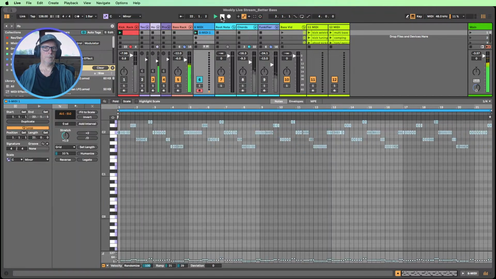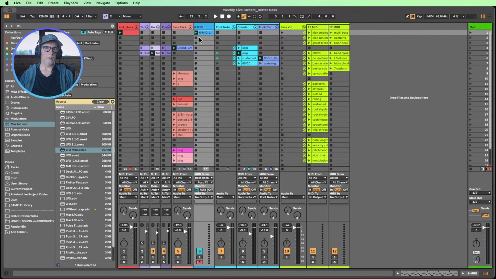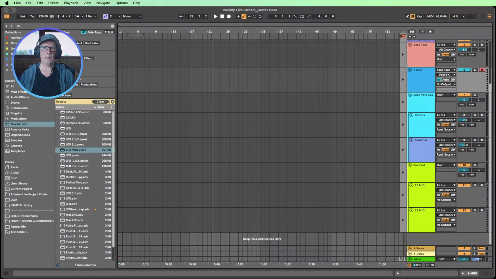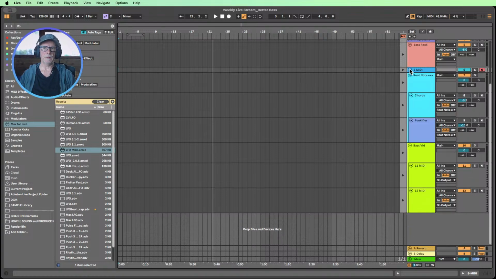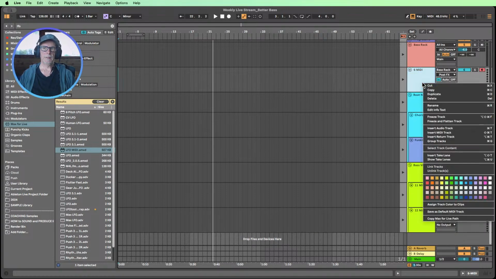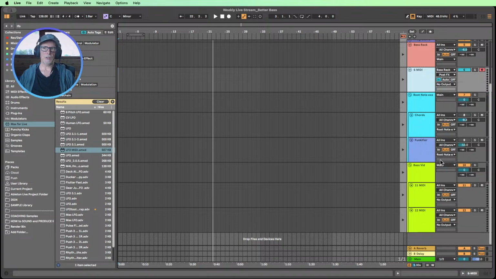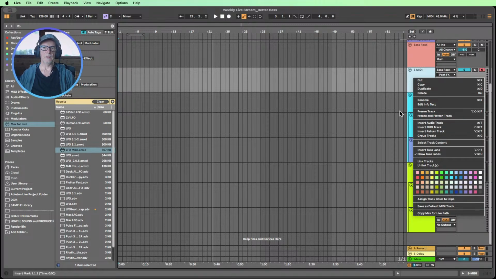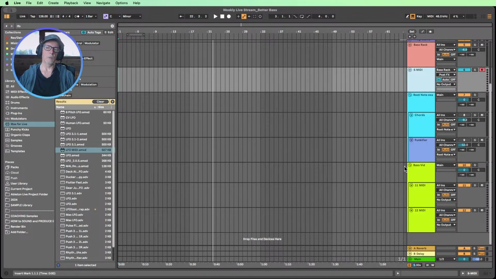So I'm going to hit stop there, but I could capture all that great MIDI. And then what could be quite a nice thing to do with something like this would be to do that in the arrangement view, and capture the MIDI in here. And then we could open up the take lanes of that track. So we could get in here and say, show the take lanes. And then we could comp together all the recordings of that MIDI.